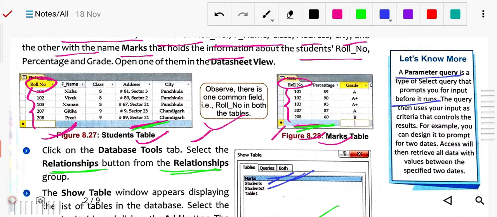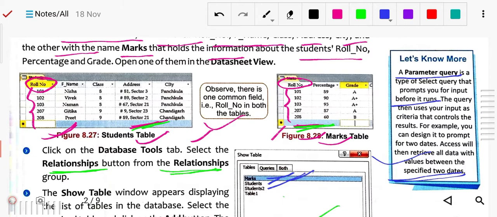For example, you can design it to prompt for two dates, and it will retrieve all date values between the specified two dates. Suppose you have given two dates, one today and one after 10 days, then all the dates between them will be retrieved.